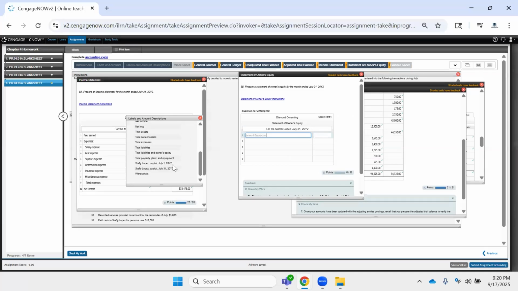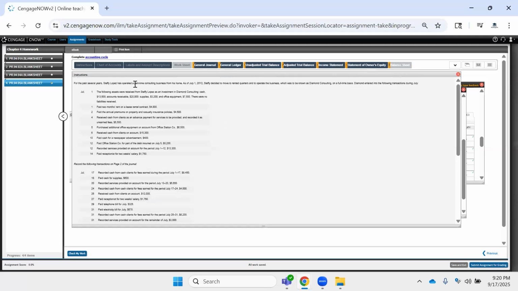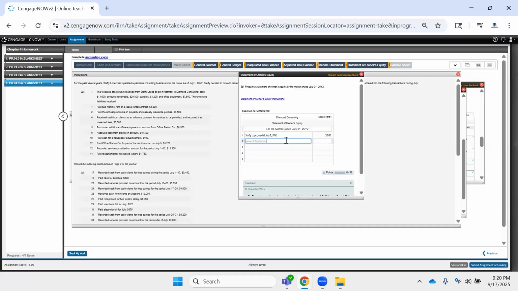So we start with our capital balance as of July 1st, which was 0 because we just started business this month. In the description it says she used to have it part-time and she decided to move to rented quarters and to operate the business on a full-time basis and incorporate it as Diamond Consulting. So this is the first period of business. So our equity is starting at 0, and then we have